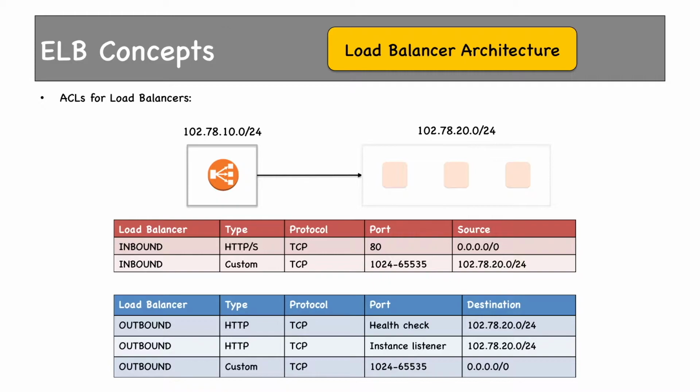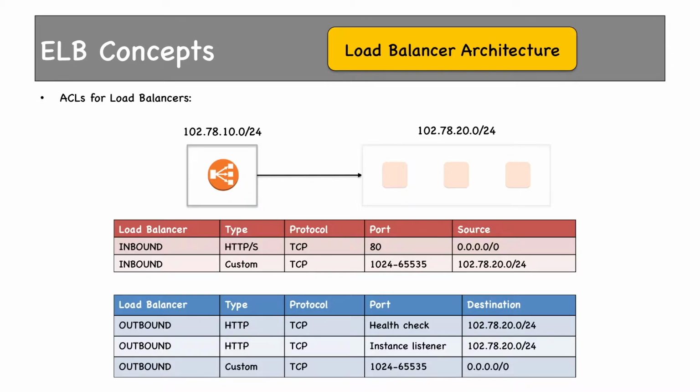These are the outbound rules for the load balancer public subnet. Traffic out to health check ports and the instance application port where the application is running. In our case, it should be 80, and all outbound responses to the internet. You have to set up proper NACLs for your private subnet as well to allow load balancer traffic. As I said, security group setup should be pretty easy.